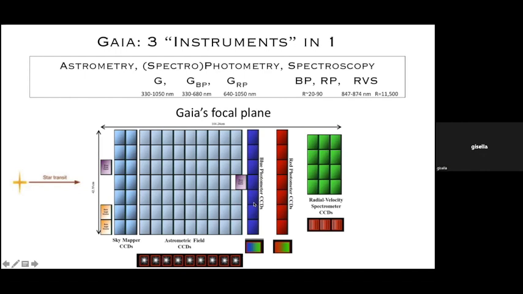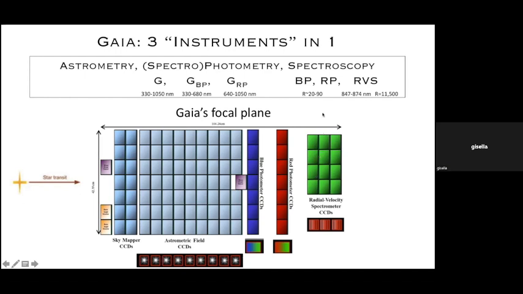Then there are the 9 rows of the BP photometer, which does prism photometry in blue, and the 9 CCDs of the red photometer. So you can get integrated photometry in GBP and GRP, and you have the passbands, and then the 12 CCDs of the radial velocity spectrometer, where you can measure radial velocity and abundances.